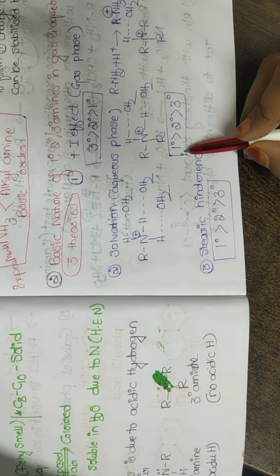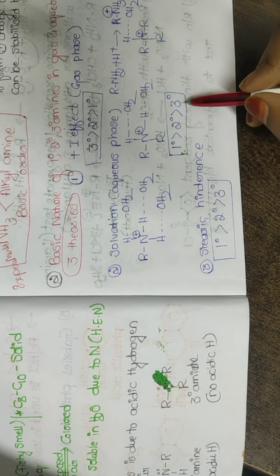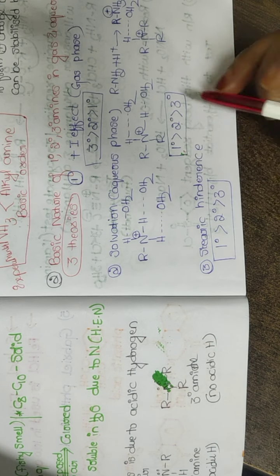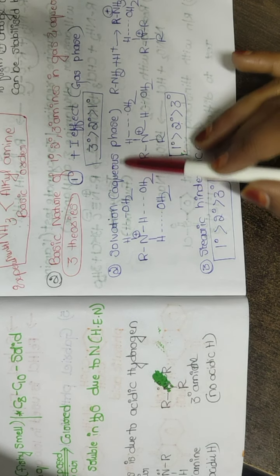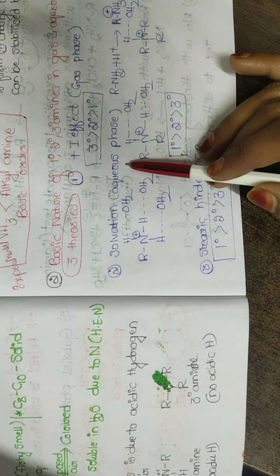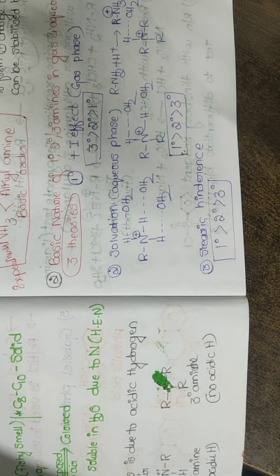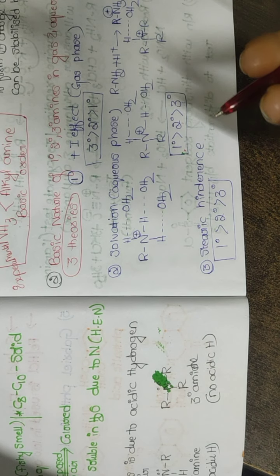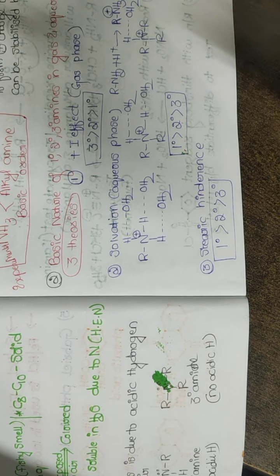So therefore the order happens to be primary, secondary and followed by tertiary. So this is regarding the solvation effect, which is used to explain the basic strength in aqueous phase, because water is essential here. Okay, solvation itself is what? How neatly, how nicely the water will surround that substrate molecule. That is solvation. So therefore aqueous phase, solvation effect.